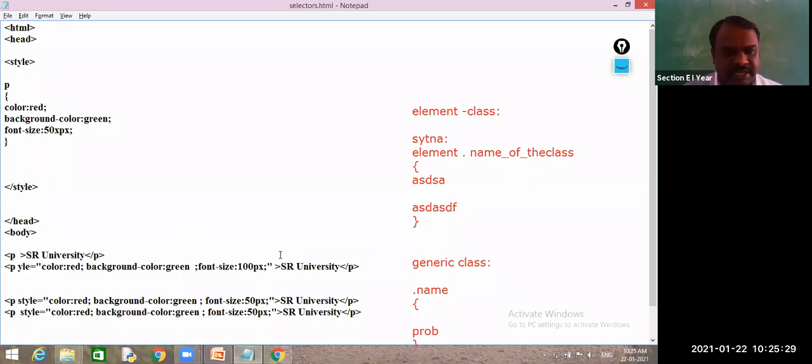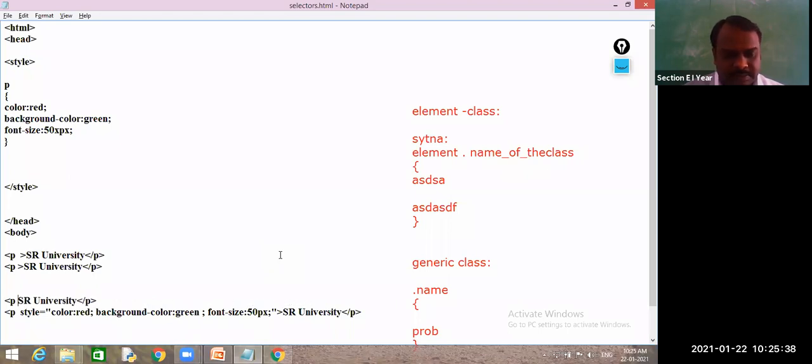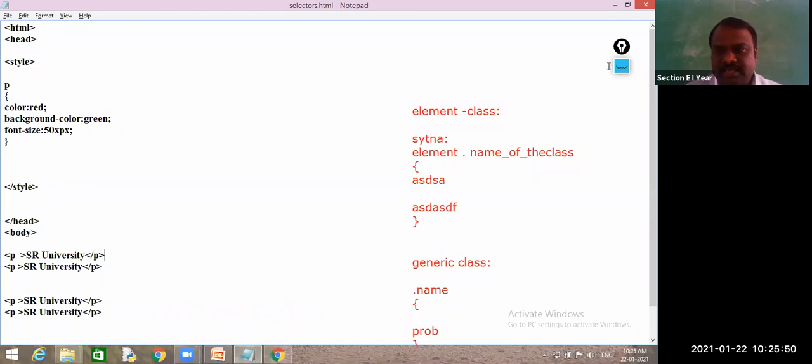See, very little difference, but it plays a different role. So for the first two lines we are expecting 100 pixel size, and these two are expecting 50 pixel size.